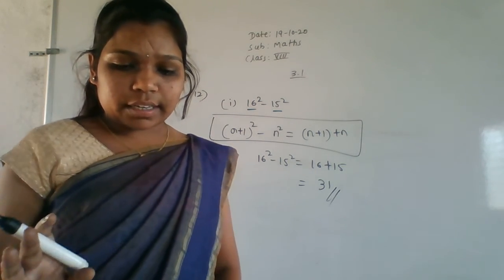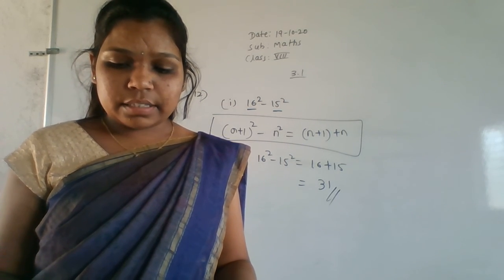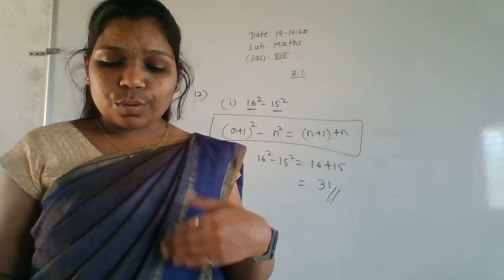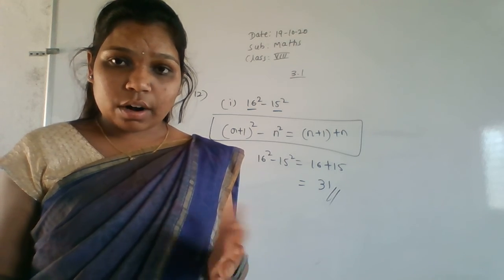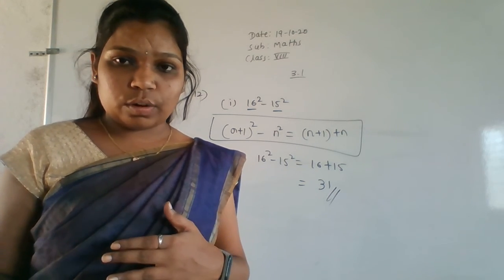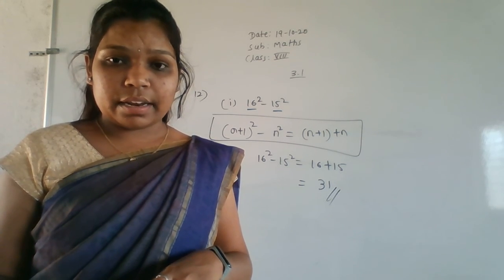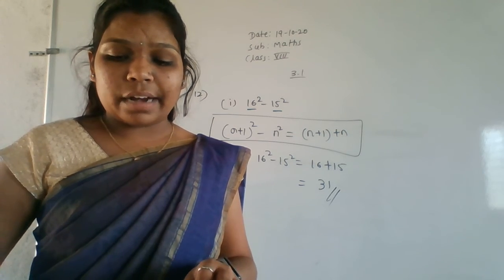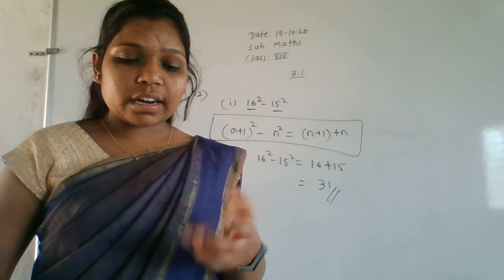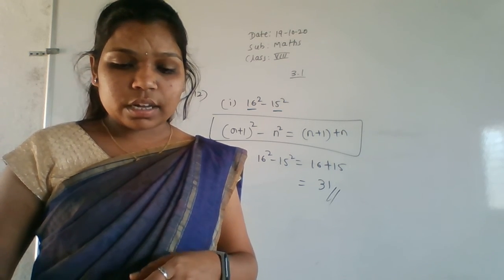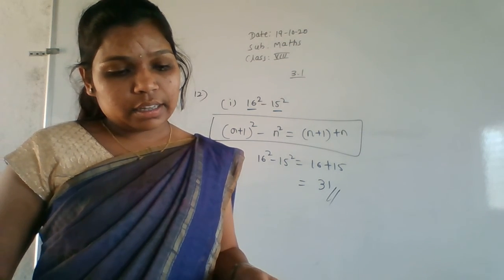Next, we'll go to the 13th main. Observe each of the patterns given below and fill in the missing numbers or digits. Try to fill in those digits. If you are not getting it, we'll tell you in school. When you come back to school, I'll solve this 13th one also. First, try to solve those patterns. It's easy. If you observe every value properly, you can come to know what we have to write there. So do it yourself and we'll tell in the next class.